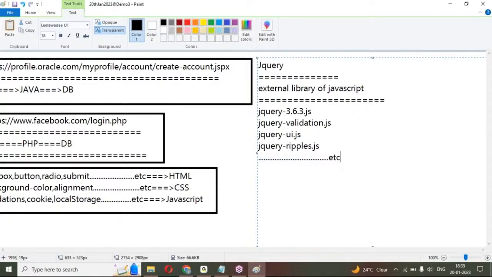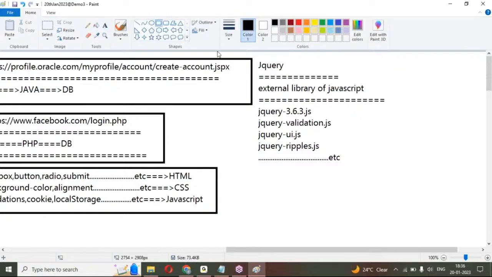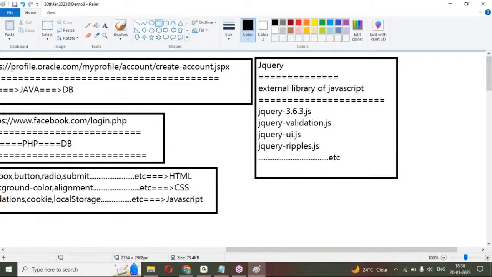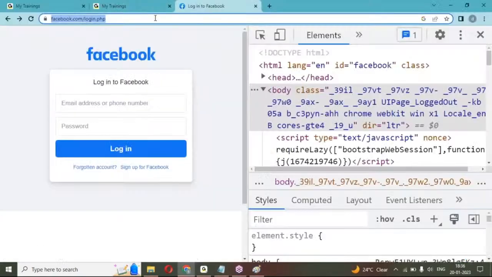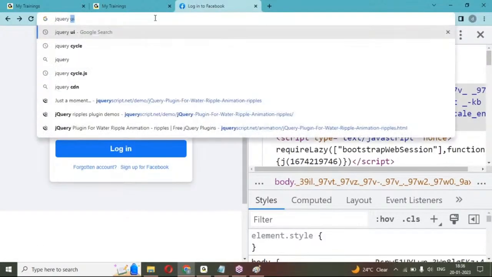All jQuery effects we can create easily with this, very easily. We do not need to write complete JavaScript code. When you use jQuery, different effects can be created. Suppose you check here, jQuery